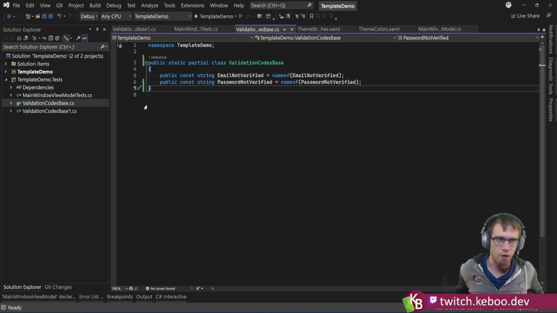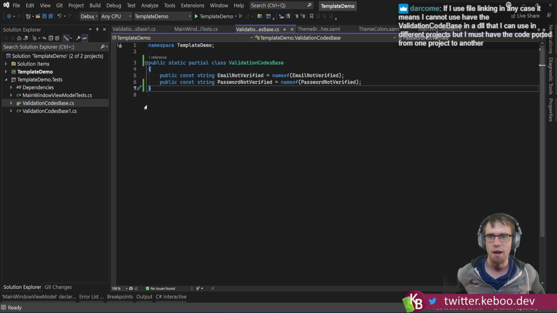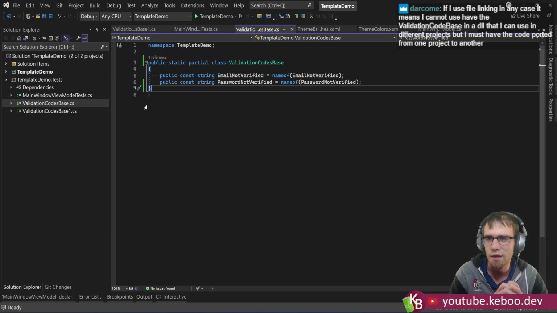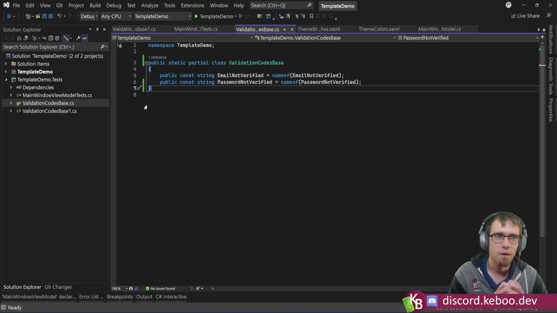Some sort of shared project would be another. So just straight up push the code down into a lower level one. Let's see. If I use file linking in any case, it means I cannot have the validation code base in a DLL that I can use in different projects, but I must have the code ported from one project to another. Correct. File linking is really only viable if